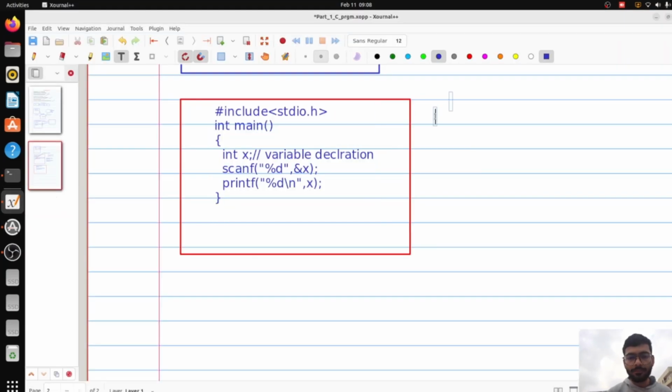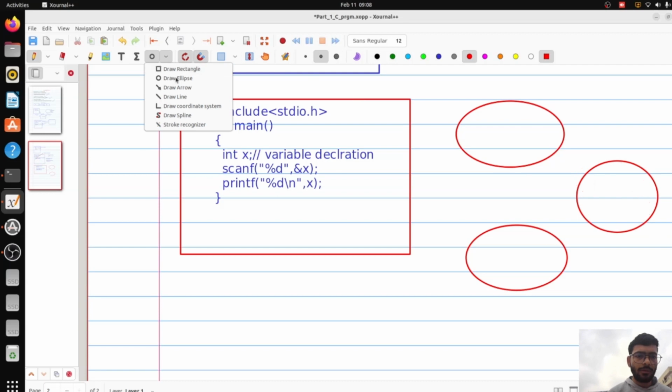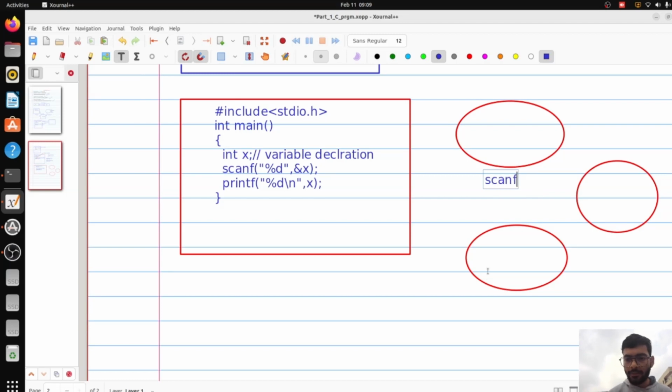Now before compiling, I will explain how it is working. So scanf is for input, printf is for output. So suppose this is my scanf, this is printf, and here is the concept of buffer. Suppose this is scanf, printf, and this is my buffer. What is buffer we learn later. Suppose understand that